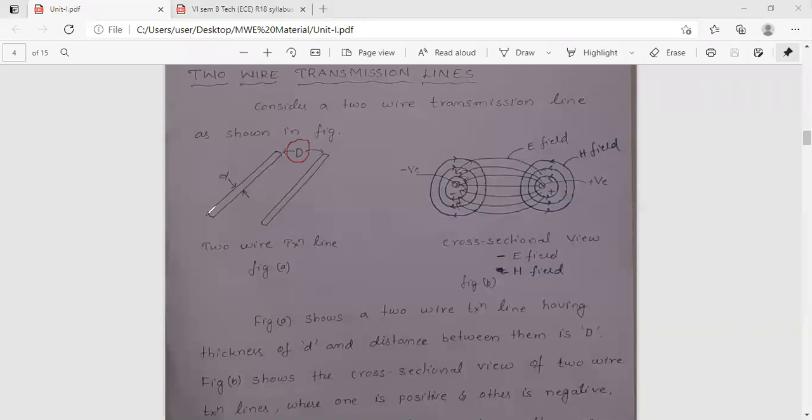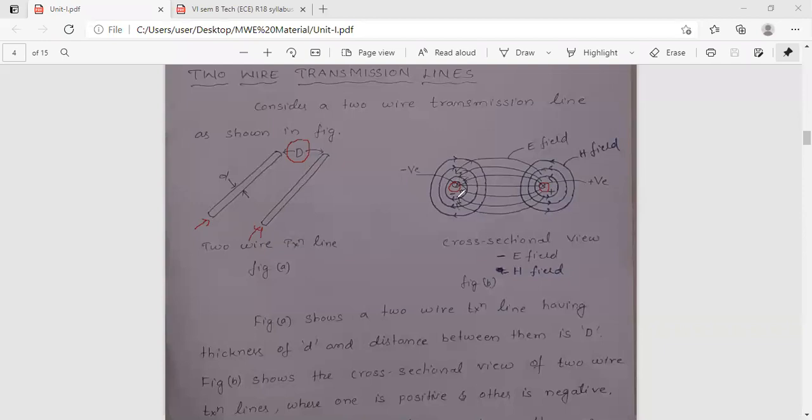Now if we see from this particular side, it is nothing but the cross-sectional view. If we see these two cables from this particular view, then it looks like this. So this is a cross-sectional view. Whatever I have drawn here, the next diagram, shows that it is a cross-sectional view. The top view, when we place that, small points we used to observe here. So this is the cross-sectional view of these two transmission lines.